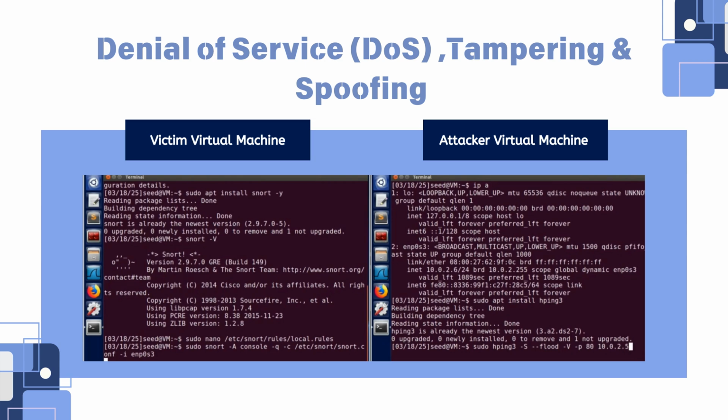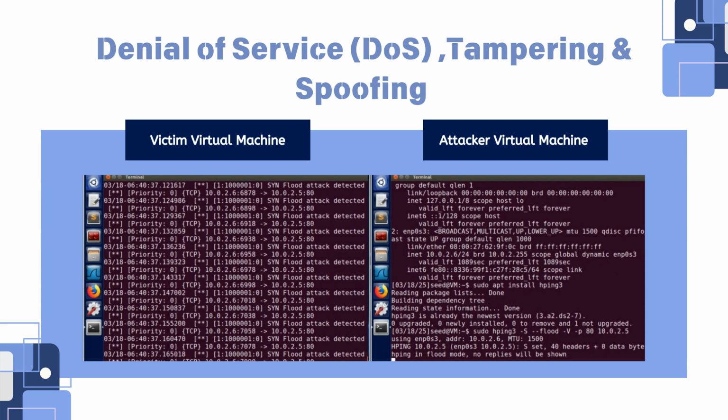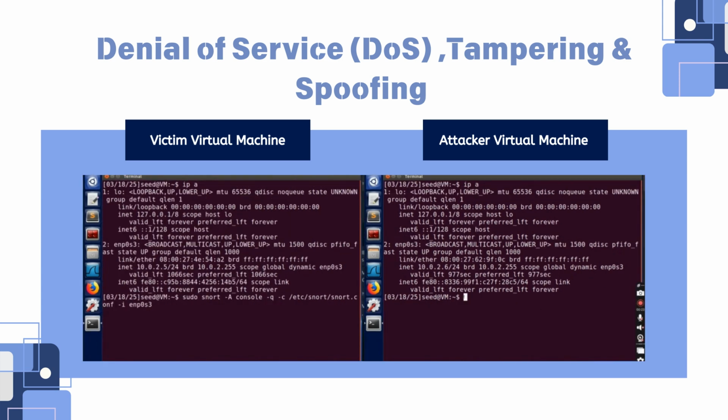If the attack is successful, Snort on the victim VM will detect the malicious traffic and display an alert message indicating a DoS attack. To simulate a tampering attack, change the data in the packet being sent to the victim VM to alter the information. If the attack works, Snort will spot the changed packets and send an alert to warn the system administrator about